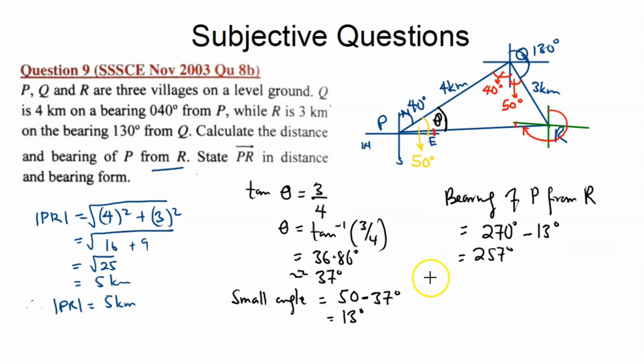So in order to get the distance bearing form of vector PR, it's so simple. The distance between P and R has been worked out, and that is 5 kilometers. And in order to get the bearing, we simply have to add the angle theta that we calculated, which was 37 degrees, to the 40 degrees. So that is going to give us